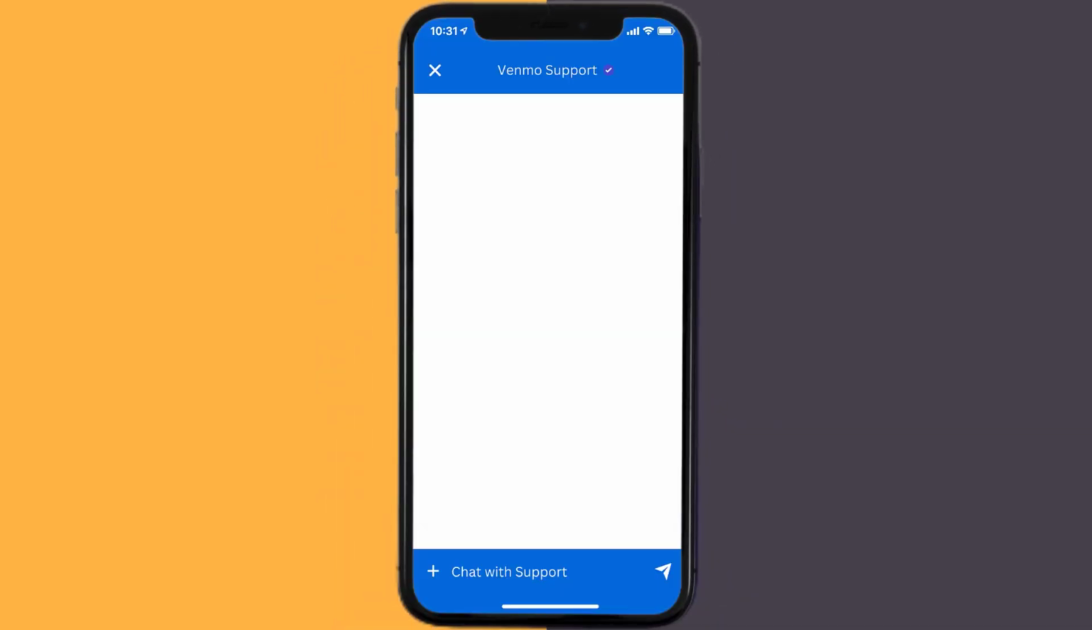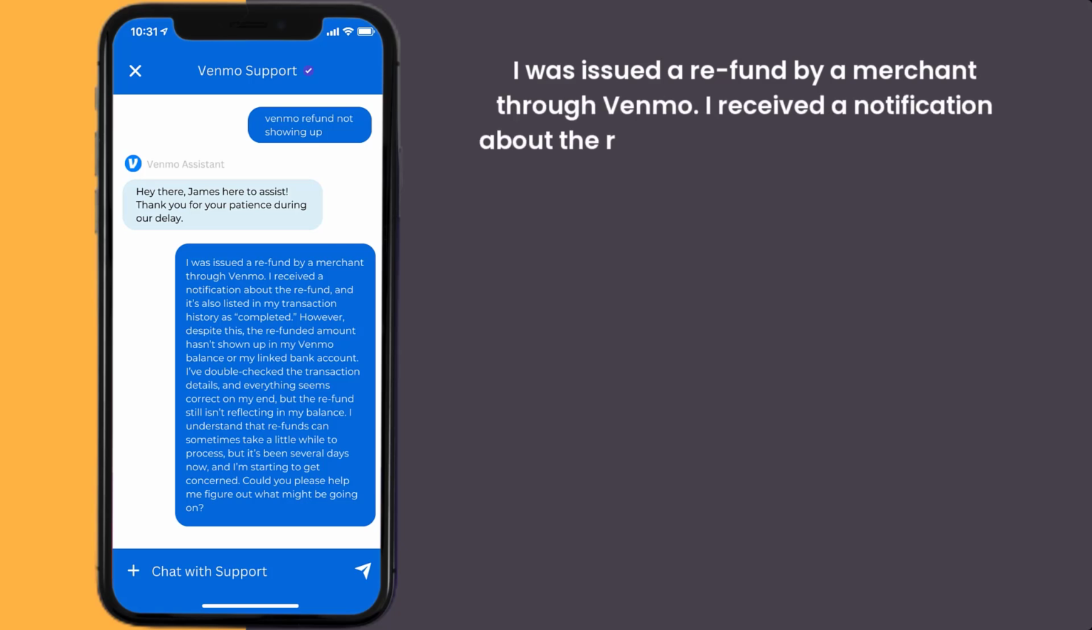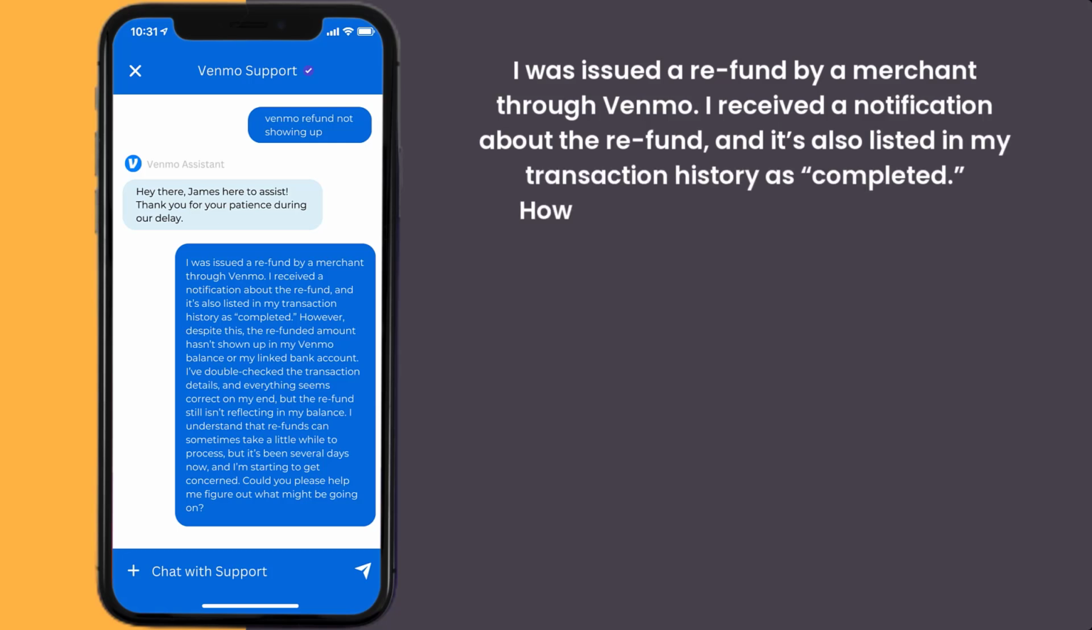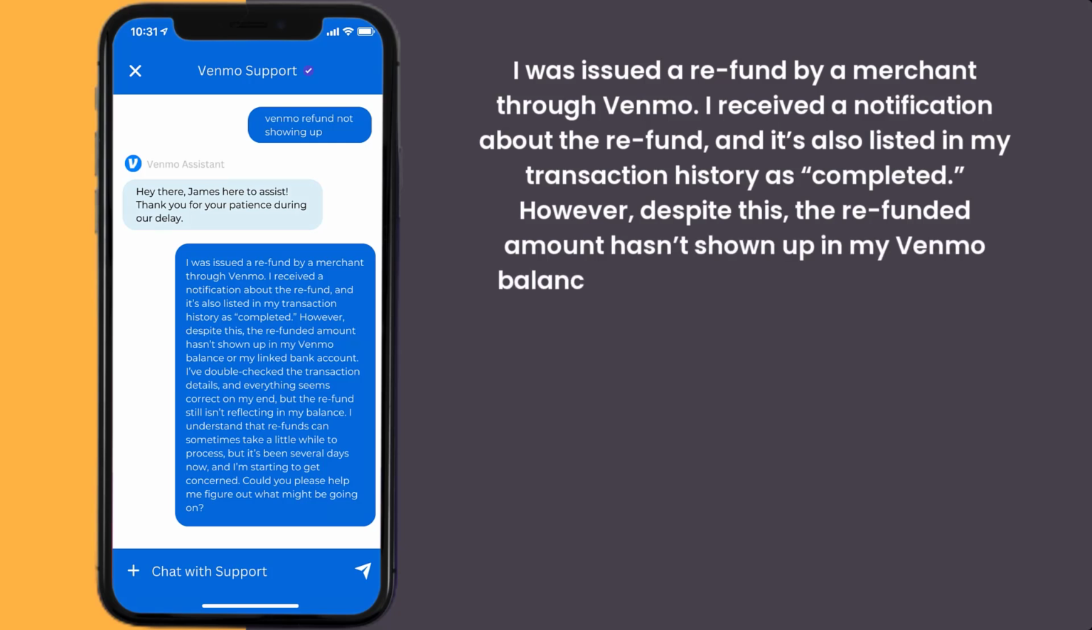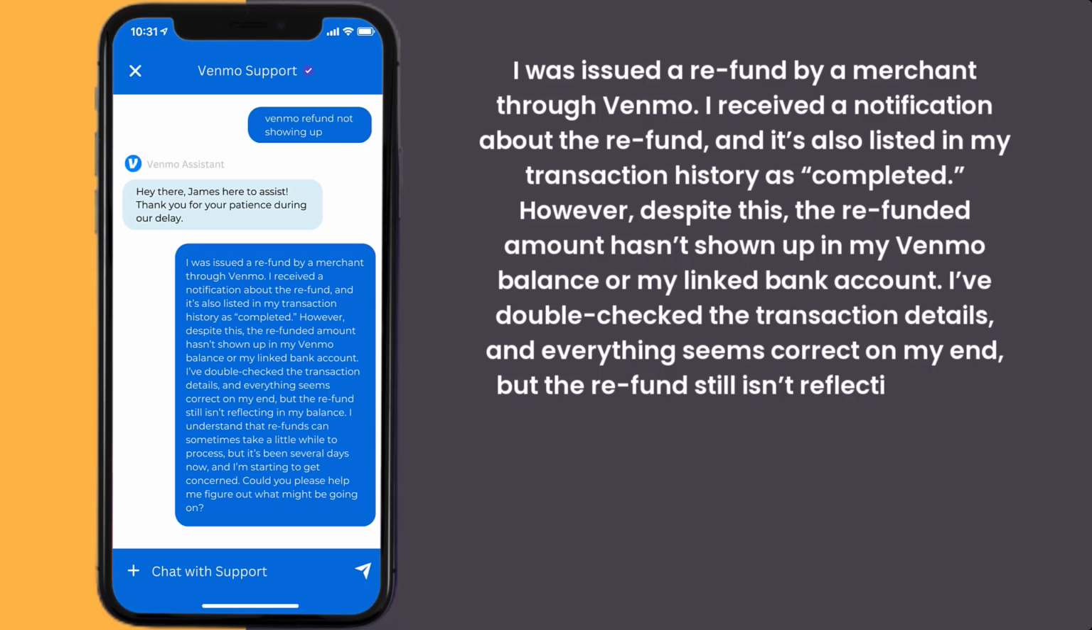Once connected, briefly explain the issue to the Venmo app representative. You can type something along the lines of, "Hello team, I was issued a refund by a merchant through Venmo. I received a notification about the refund, and it's also listed in my transaction history as completed. However, despite this, the refunded amount hasn't shown up in my Venmo balance or my linked bank account. I've double-checked the transaction details and everything seems correct on my end, but the refund still isn't reflecting in my